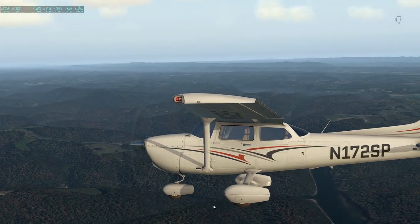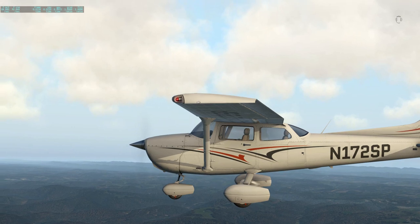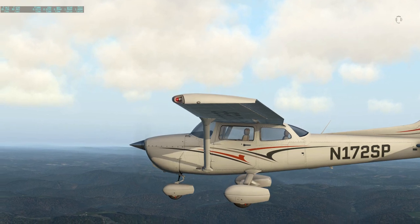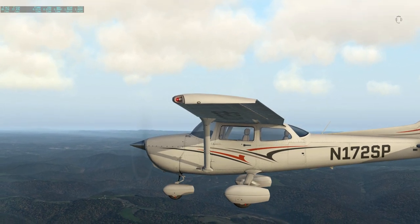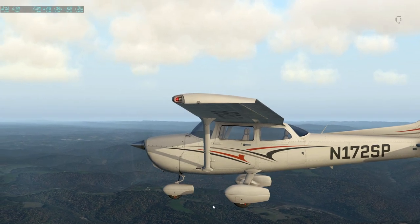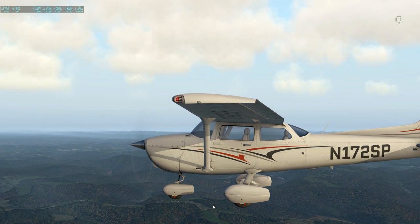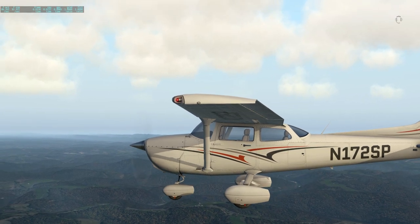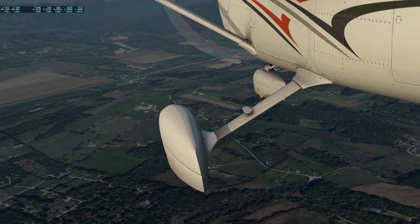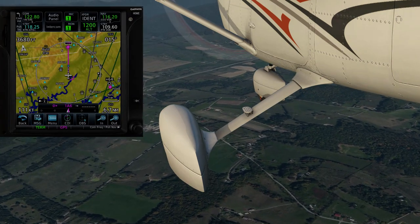This is all Ortho4XP LOD 19 for, what did I say, 5 kilometers around the airports. So 5 kilometers is 5,000 meters, or 15,000 feet, which is about 3 miles. So that's what you're looking at here. And everything is just hunky-dory. We're 6 miles away from...